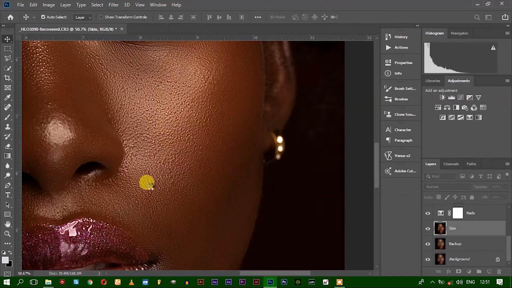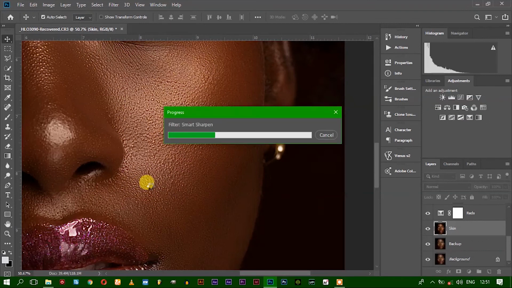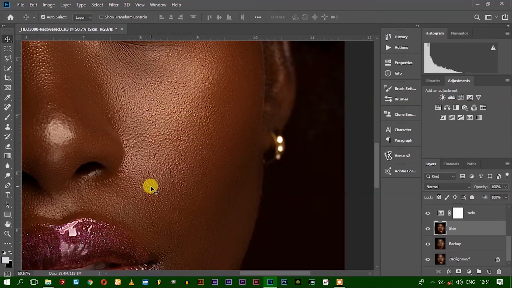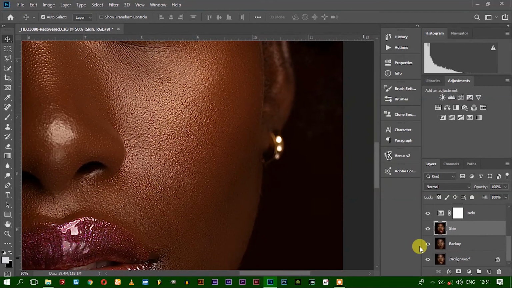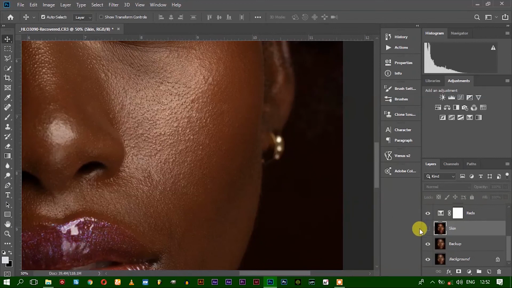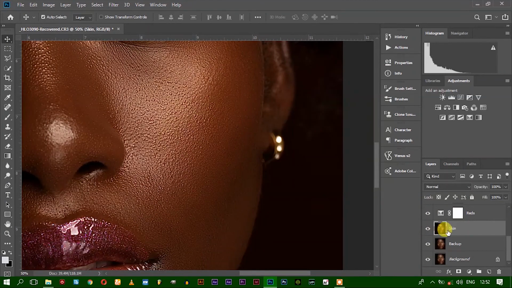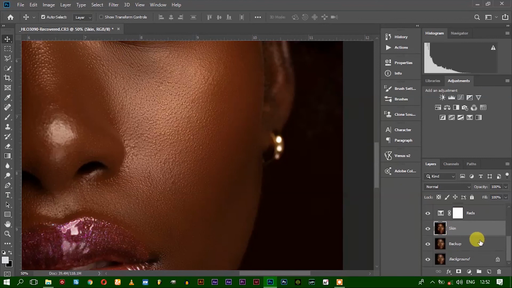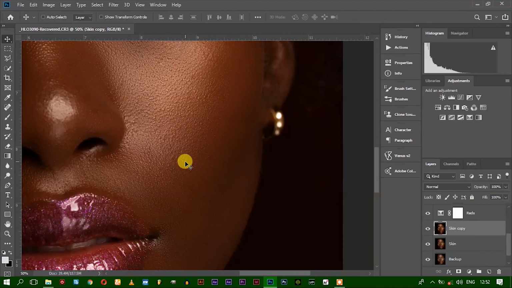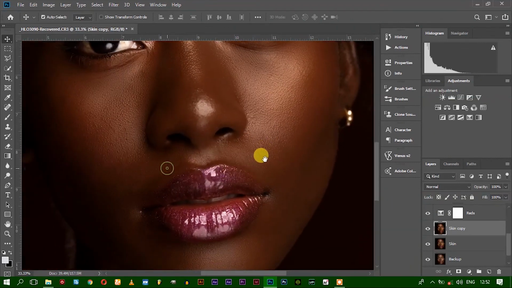Click OK. Now zoom out. Okay, just wait for it. Okay, let me zoom out. No, before I zoom out, let's look at the comparison before and after. Jesus Christ. I'll click undo, then I'm going to click duplicate this layer. So I've removed the sharpening that we just added. I took it out,